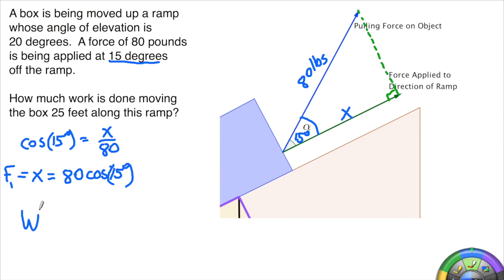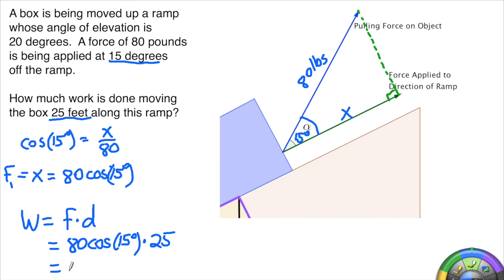So then I just go to my formula, work equals force times distance. And in this case, the force is 80 cosine of 15 times the distance that we're going to move it, which is, oh, there it is, 25 feet. So times 25. So let's put this in our calculator. 80 times cosine of 15 degrees times 25. And we get